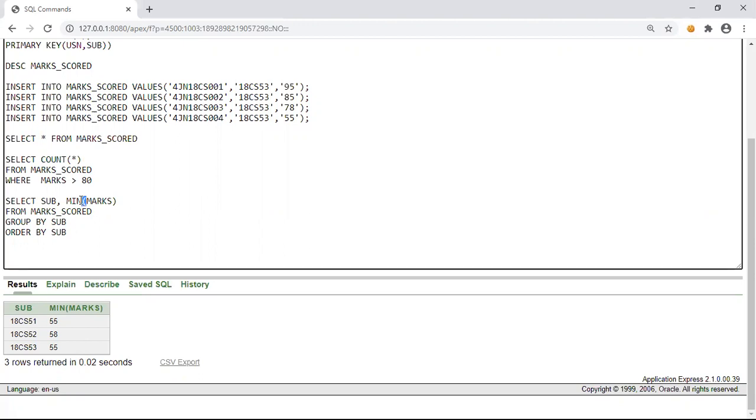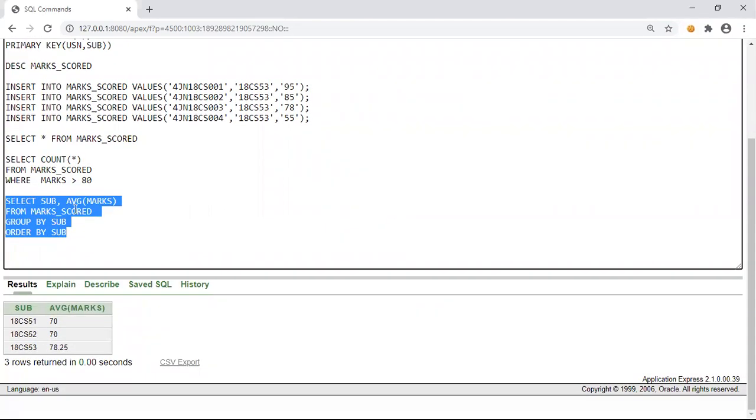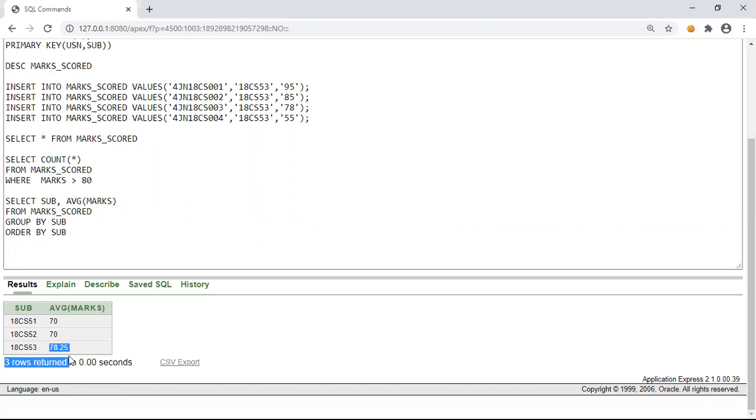If you want to find the average, we'll add up all the marks and then divide it by the number of students. So that will give us the average marks scored in that particular subject. The short form for that aggregate function is AVG. So you can observe over here, it is giving us the result in a decimal also.